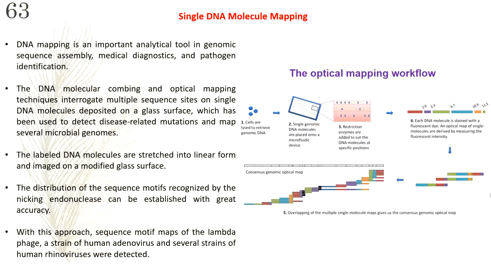This is the direct linear analysis, and in this DLA technique, a long DNA molecule is tagged at specific sequence sites with fluorescent dyes, and then it is stretched into a linear form. The DNA is automatically stretched as it flows through a microfluidic channel, which was developed for this DNA mapping. Now this technique not only provides the location of the restriction sites or fluorescent labeling sites, but it also preserves the order of those sites within this DNA molecule.